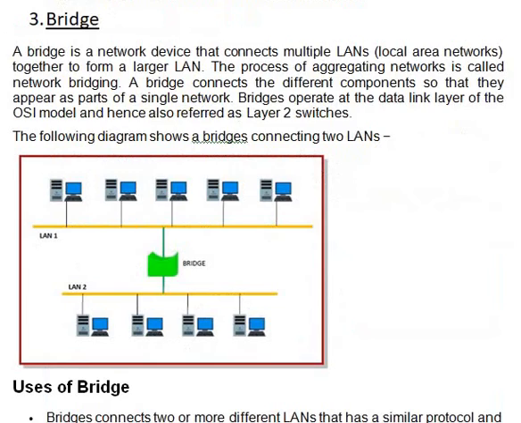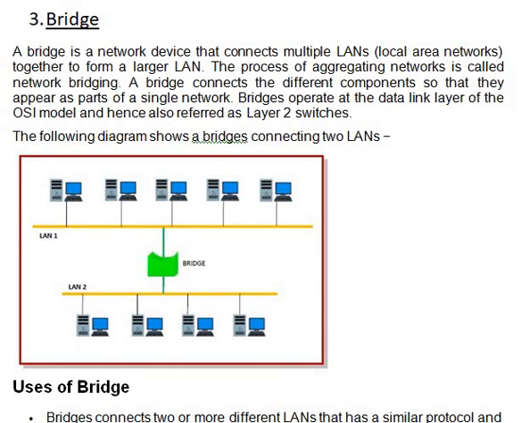Okay students, now the third networking device, that is the bridge. So students, what is a bridge? Simply, a bridge is a networking device that connects multiple LANs, multiple local area networks. Say you have an organization with one LAN, and now you are setting up another LAN, and you want to connect both LANs together. You want to connect the LANs with the bridge. A bridge is just like connecting two corners over a river.